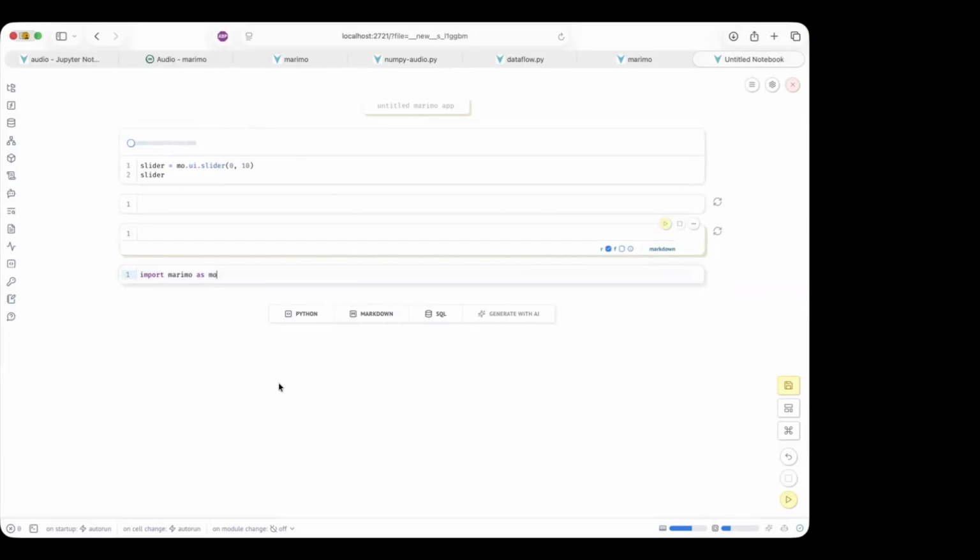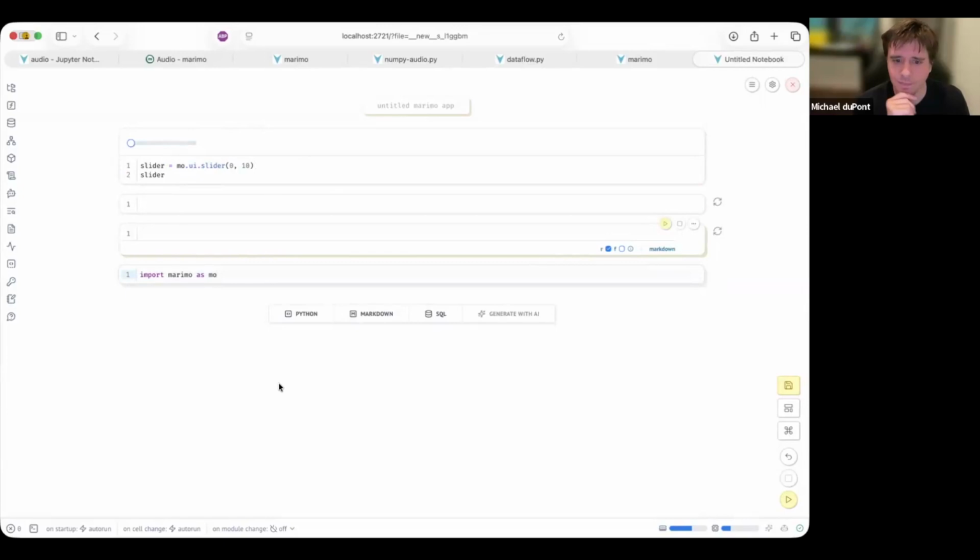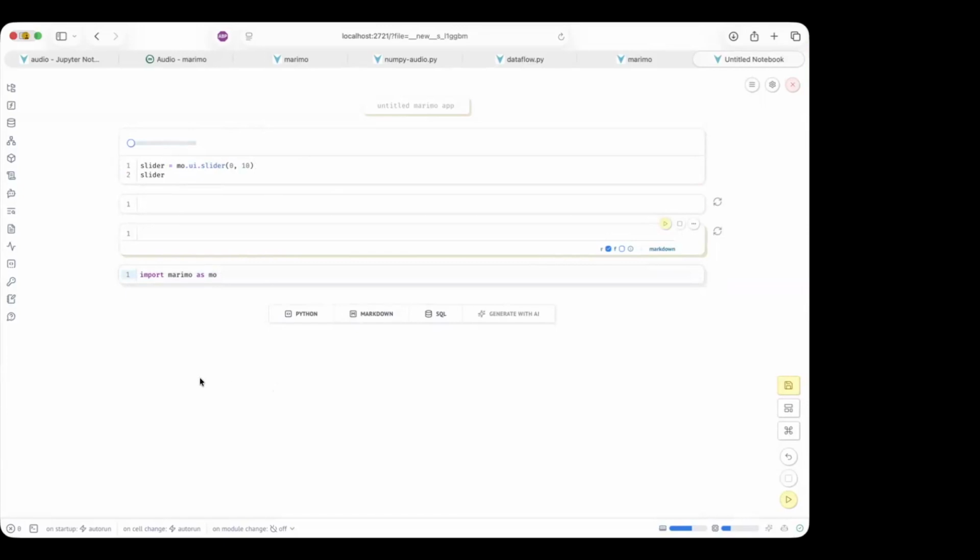So you can still import libraries as a separate cell, right? And it will affect... Oh, okay. Oh, that's good to know. Yep. And